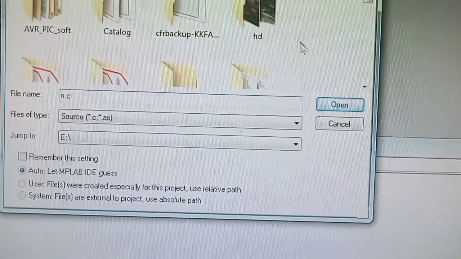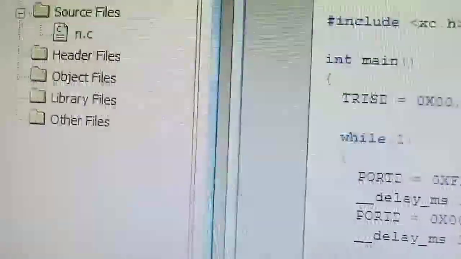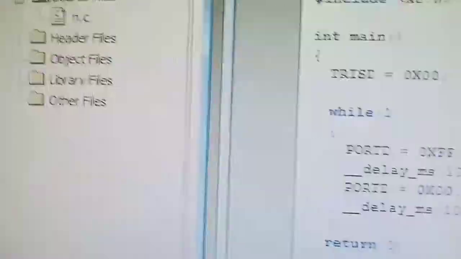So this file we have to open. When you click on open, this file is created below the source file. Now see, this was empty, but when you click on open, it opens in the window. See, before, what I have shown, it is not there, but now this N.C file is there.